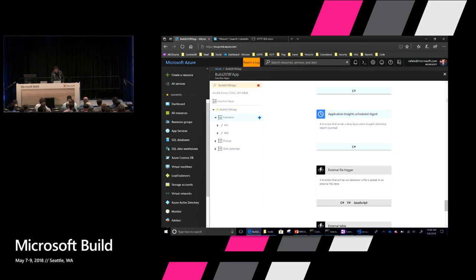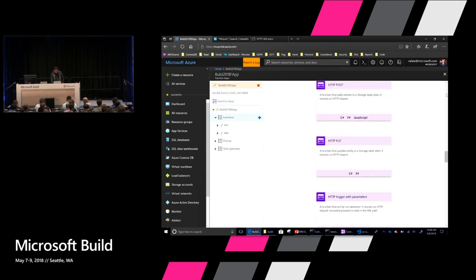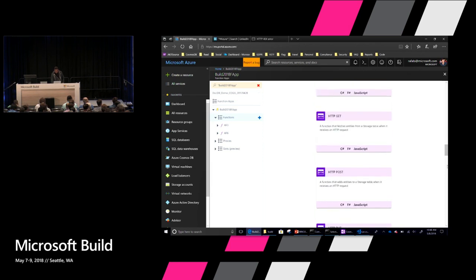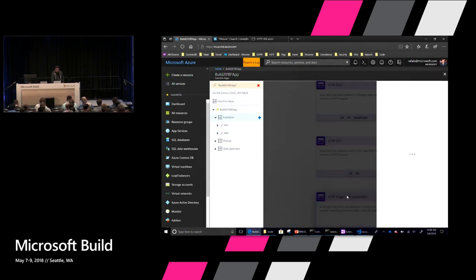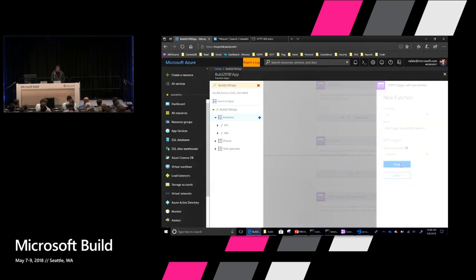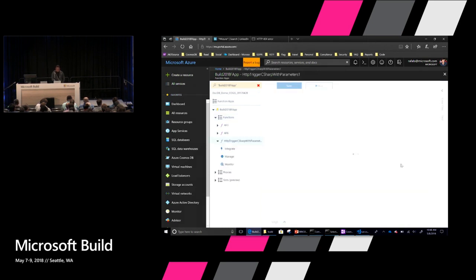So I can just choose here one of the functions. Let's choose this HTTP trigger. And here you can see today the options are C# and JavaScript, but these options are increasing every day. We are adding more and more languages. Authorization level is function. By that we mean you have to pass a key to call that function. But otherwise, you have two other options, anonymous and admin. Admin is, again, you have a host key to call the functions. So this is it. Once I say create,